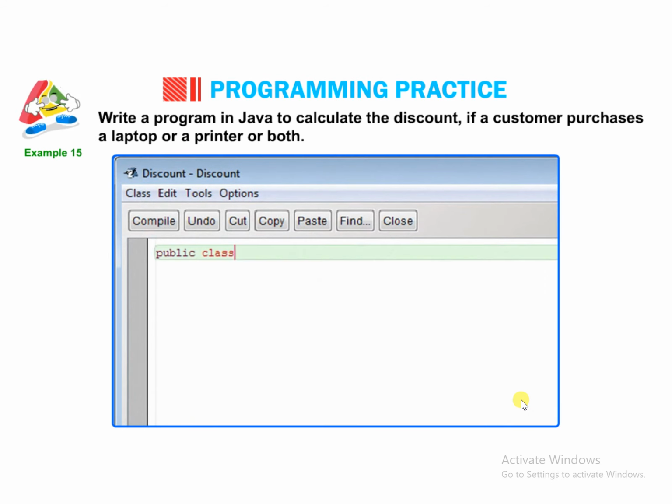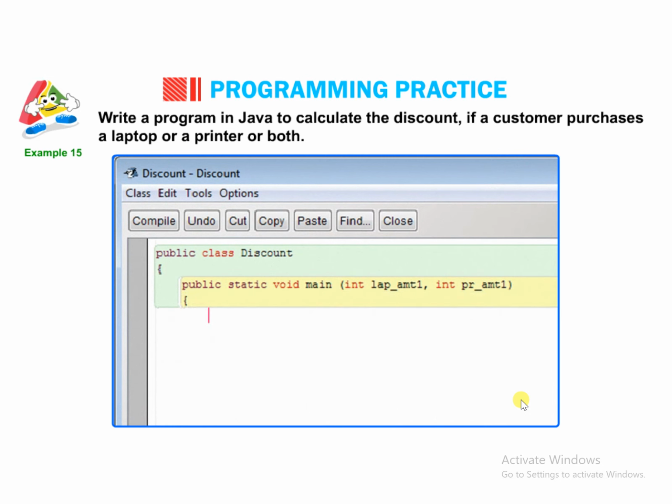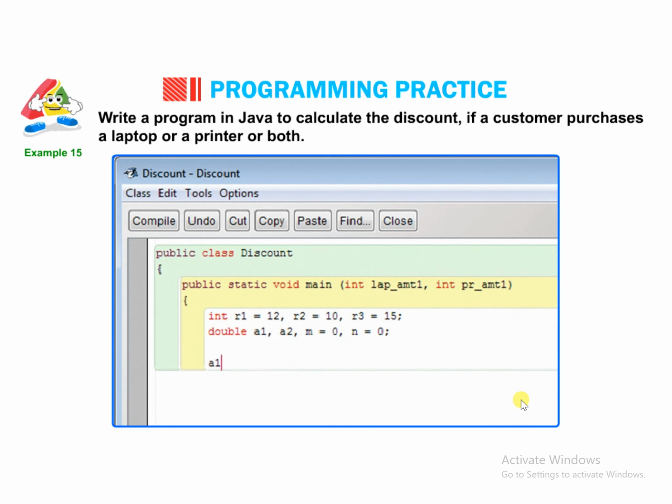public class Discount { public static void main(int lap_amount1, int pr_amount1) { int r1 = 12, r2 = 10, r3 = 15; double a1, a2, m = 0, n = 0; a1 = (double) r1 / 100 * lap_amount1; a2 = (double) r2 / 100 * pr_amount1;